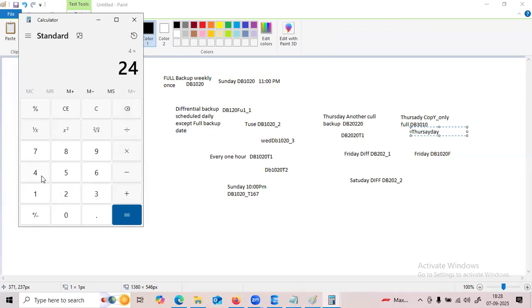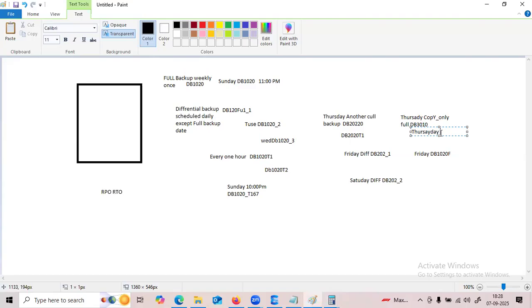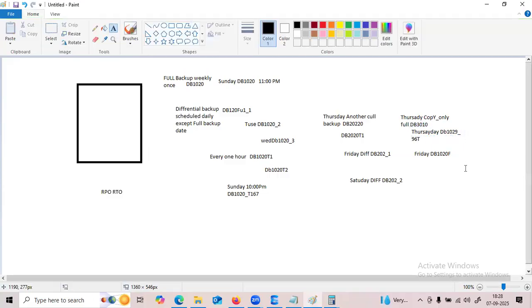Why? Because I'm assuming we are taking a log backup every 1 hour. So that means here 96, DB1020_96T. The log backup also is pointing to the full backup.